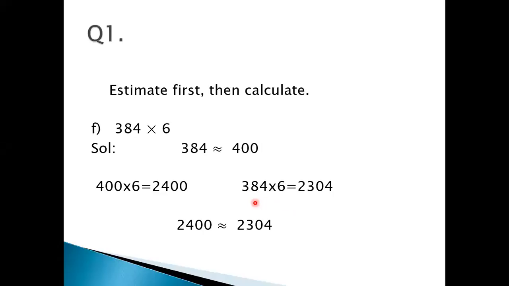The way we are going to calculate, we will get the closer numbers. Here you can see 2400 is approximately equal to 2304. I hope it's all clear to you. And question number 1, you people can do easily by practice. Out of 6 parts, I have done 3 parts with you. The rest of the parts you are going to do and practice in your neat copy as well.